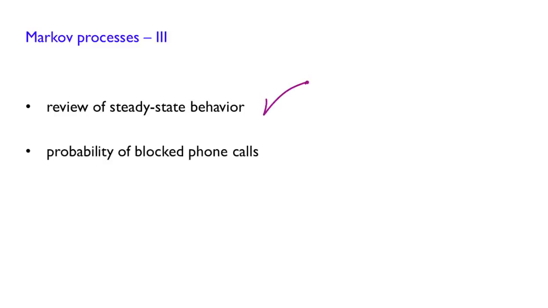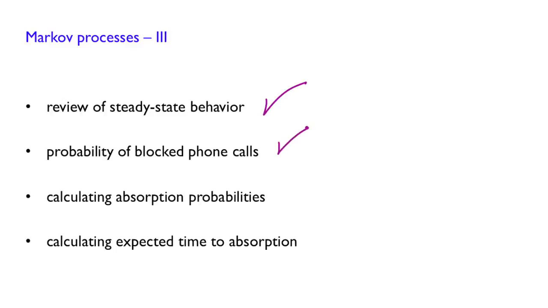So we have reached the final lecture of this class, which will also conclude our study of discrete time, finite state space Markov chains. We will first review the steady-state behavior of Markov chains. Then, we are going to talk about a classical application of Markov chains to analyze the design of a phone system. And finally, we will see how we can calculate some interesting quantities that have to do with the behavior of Markov chains over a finite time horizon, as opposed to in the long run.